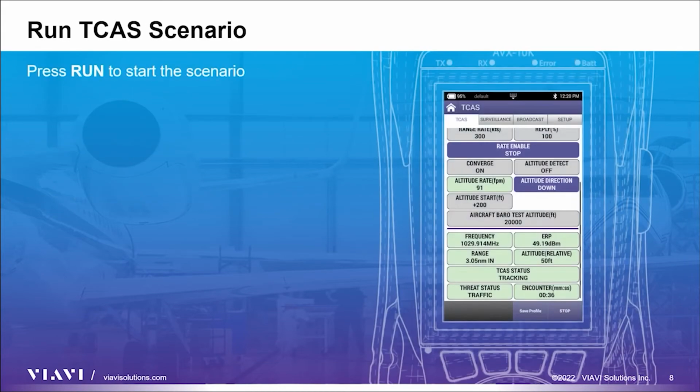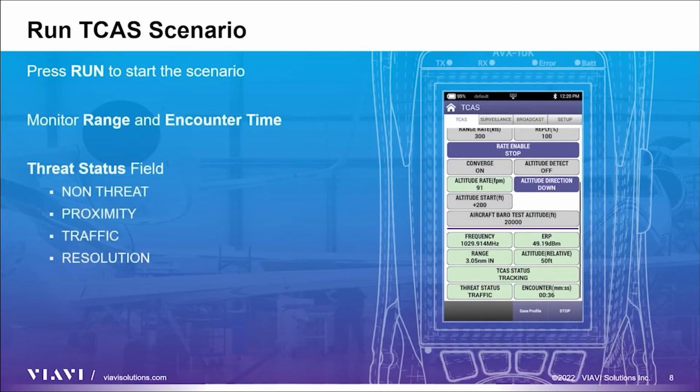Once everything is set up, press the Run key to start the scenario. Scroll down to view the range, threat status and encounter time fields to correlate with what is being displayed on the TCAS unit under test. Regarding the threat status field, non-threat is displayed when range is greater than 4 nautical miles and encounter time is